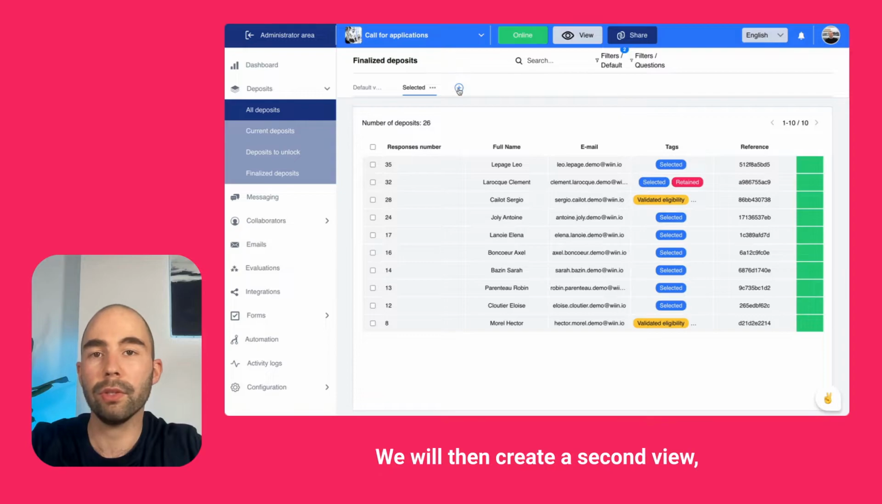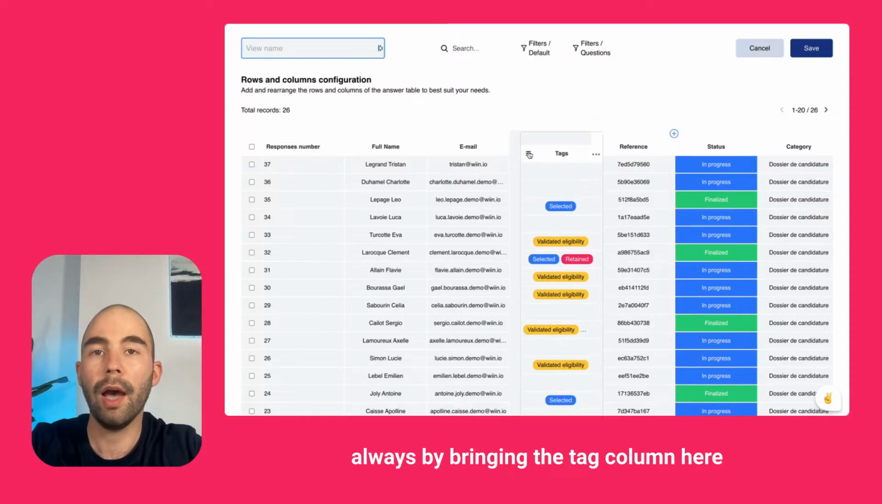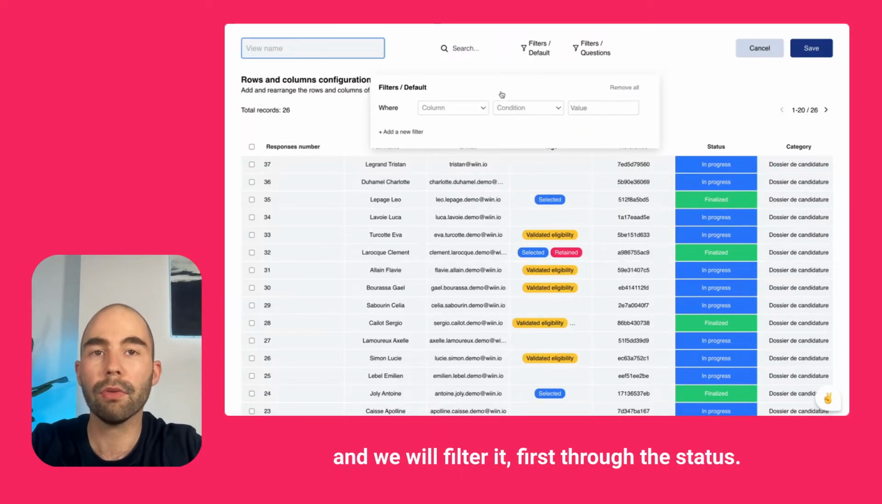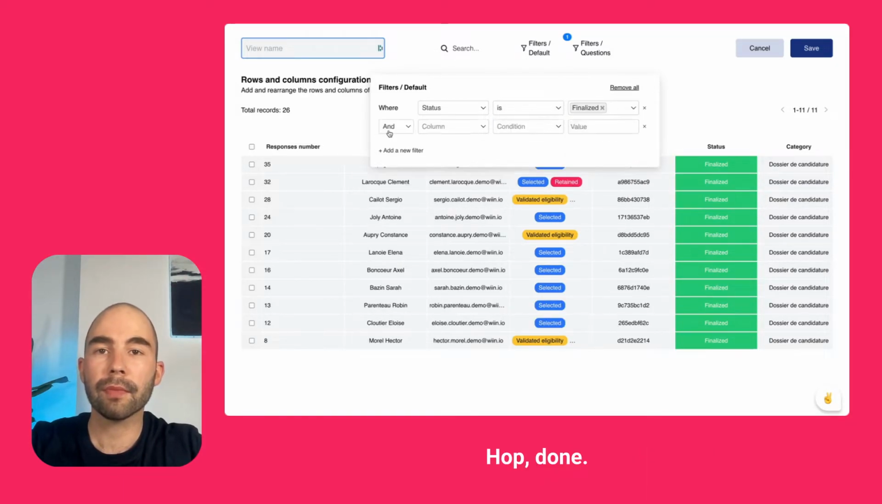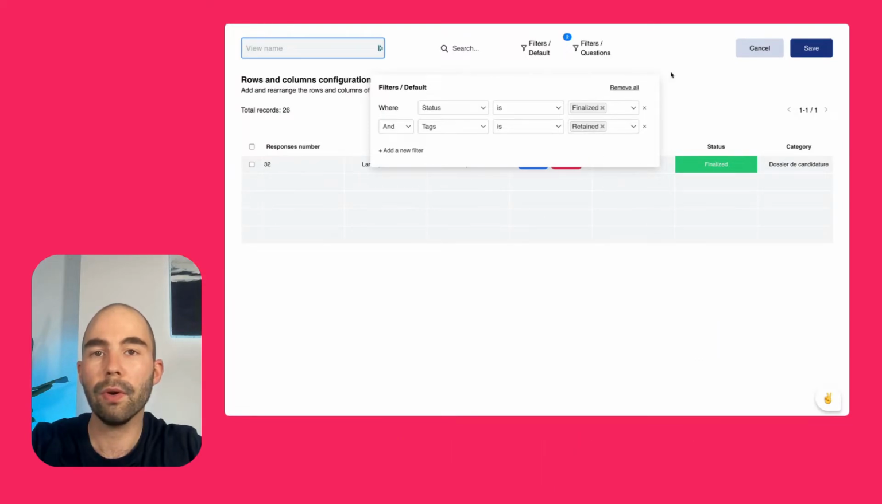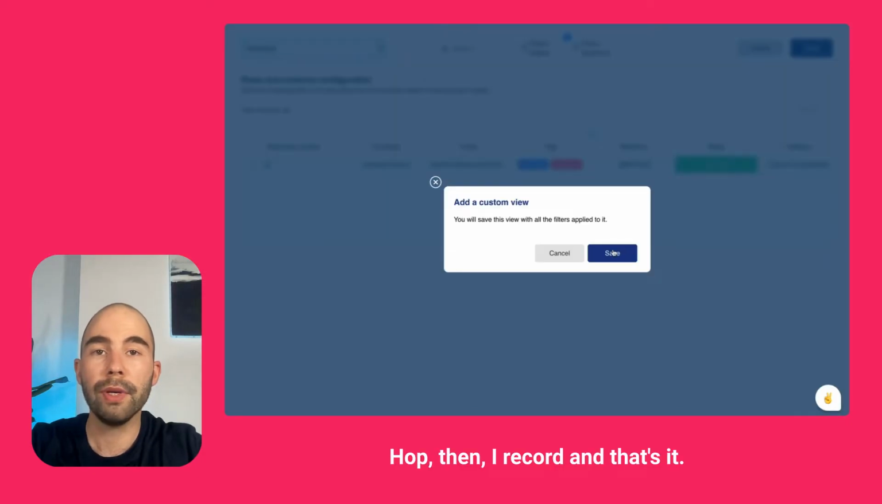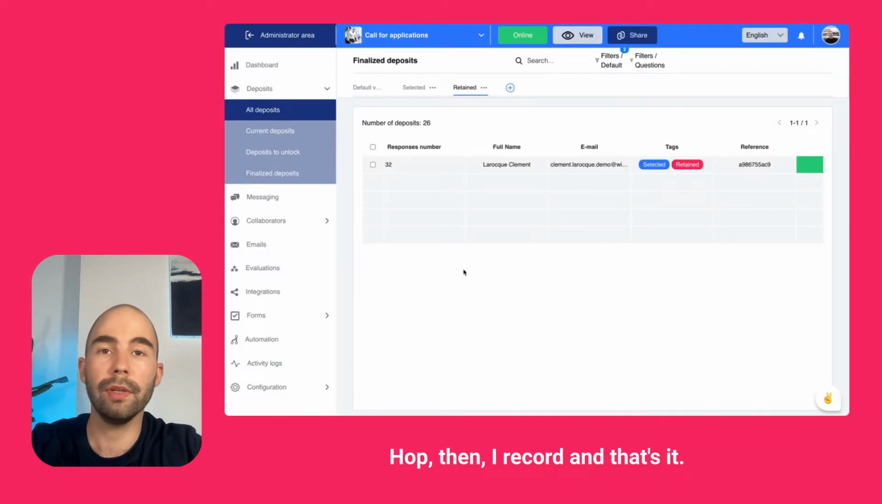We will then create a second view, always by bringing the tag column here. And we will filter it first through the status, and this time with our last tag, which is the tag retained. There we go, and we will call it retained. Then I record, and that's it. If we go back to our default view,